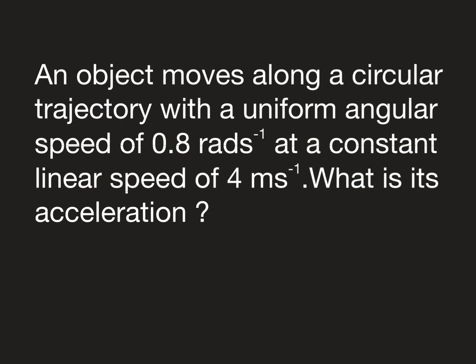An object moves along a circular trajectory with a uniform angular speed of 0.8 radians per second at a constant linear speed of 4 meters per second. What is its acceleration? Solution: